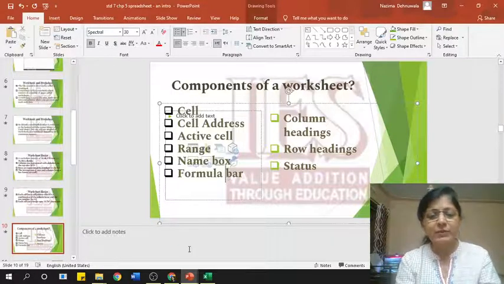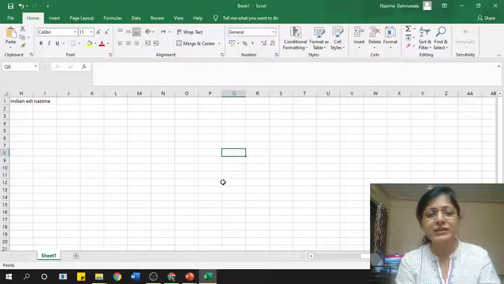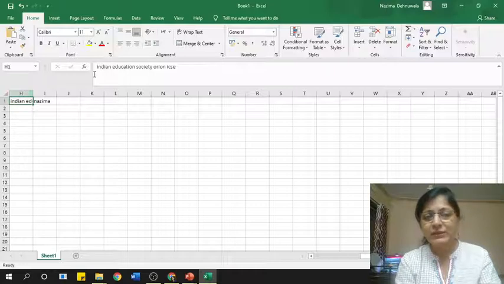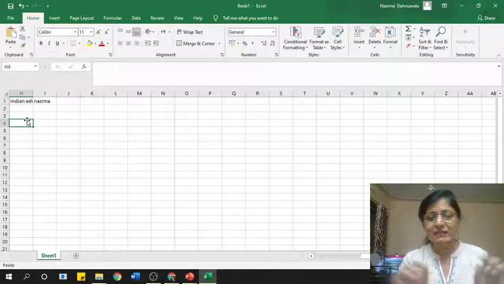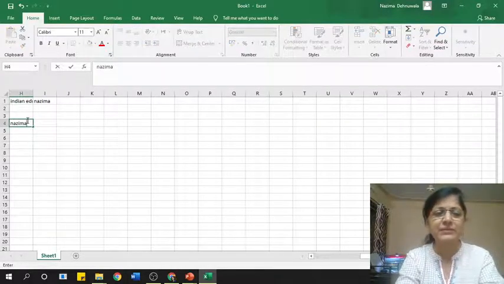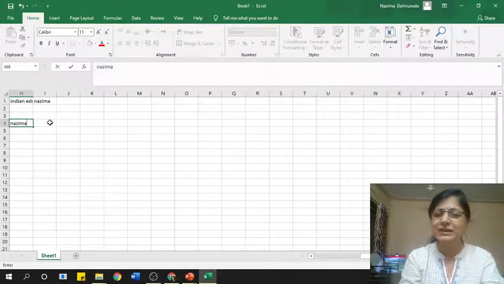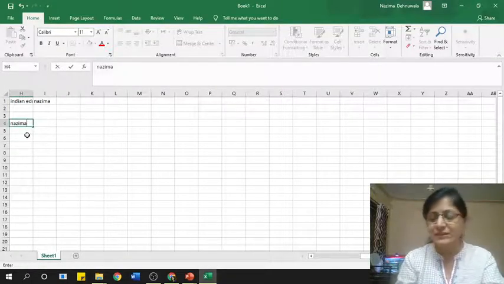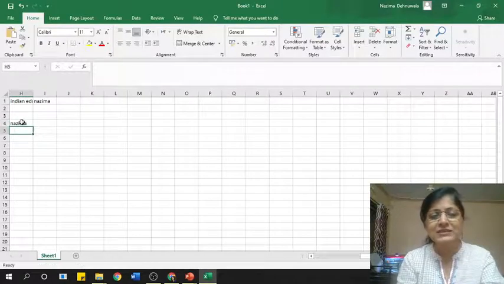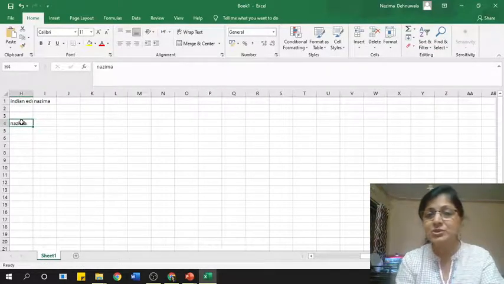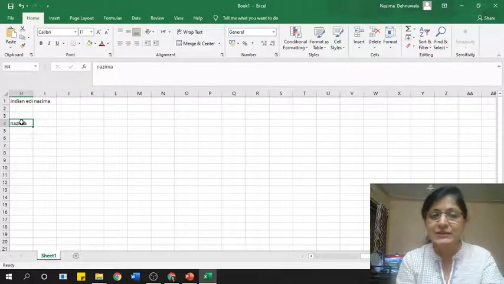Okay. Now the formula bar is going to contain the content of the cell. When I'm typing something, it appears in two places. One, it will appear in the formula bar, and second, it will appear in the cell where I was typing. So suppose if I type over here Nazima. So it is appearing in the formula bar also over here, and it is also displaying as content here. But remember, what it displays in the cell over here is not exactly how Excel has stored the data. How Excel has stored the data, if you want to see, you should see in the formula bar over here.